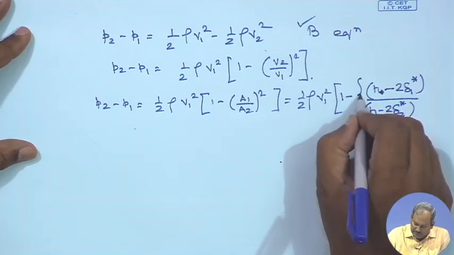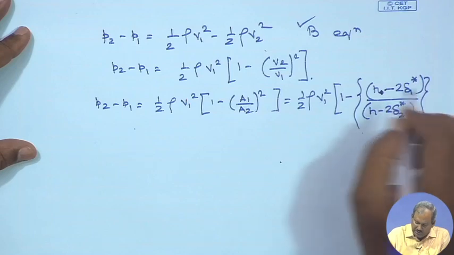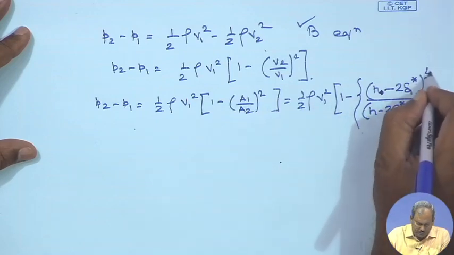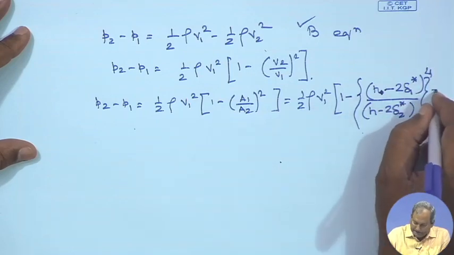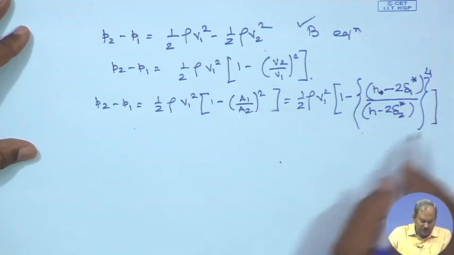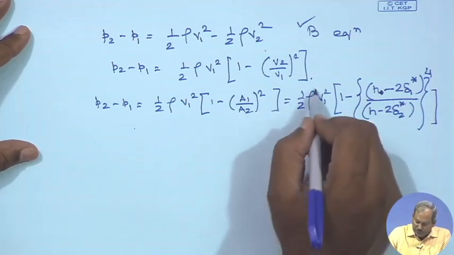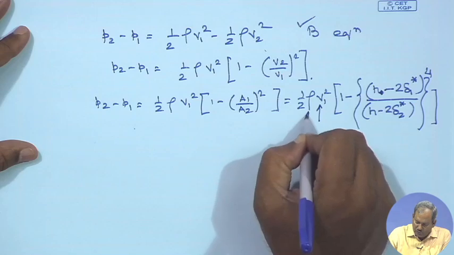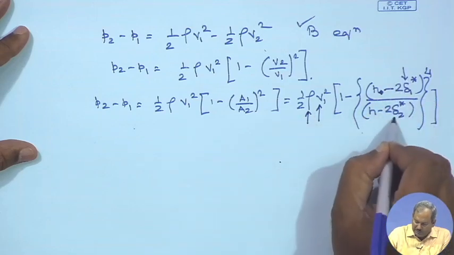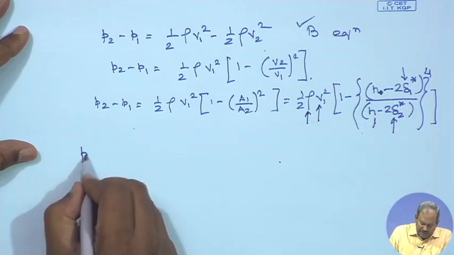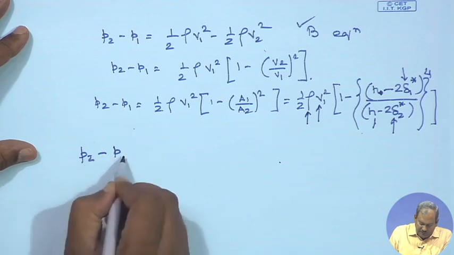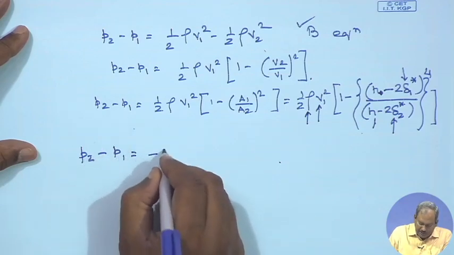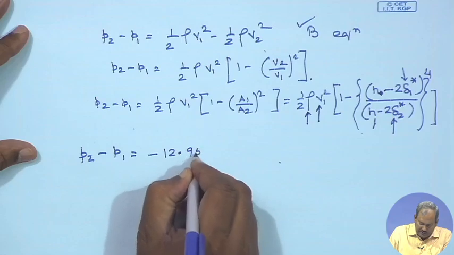Okay. So, that is going to be this, and when you put the value for rho, V1, delta 1, delta 2 and H, you would see that P2 minus P1 would turn out to be minus 12.95